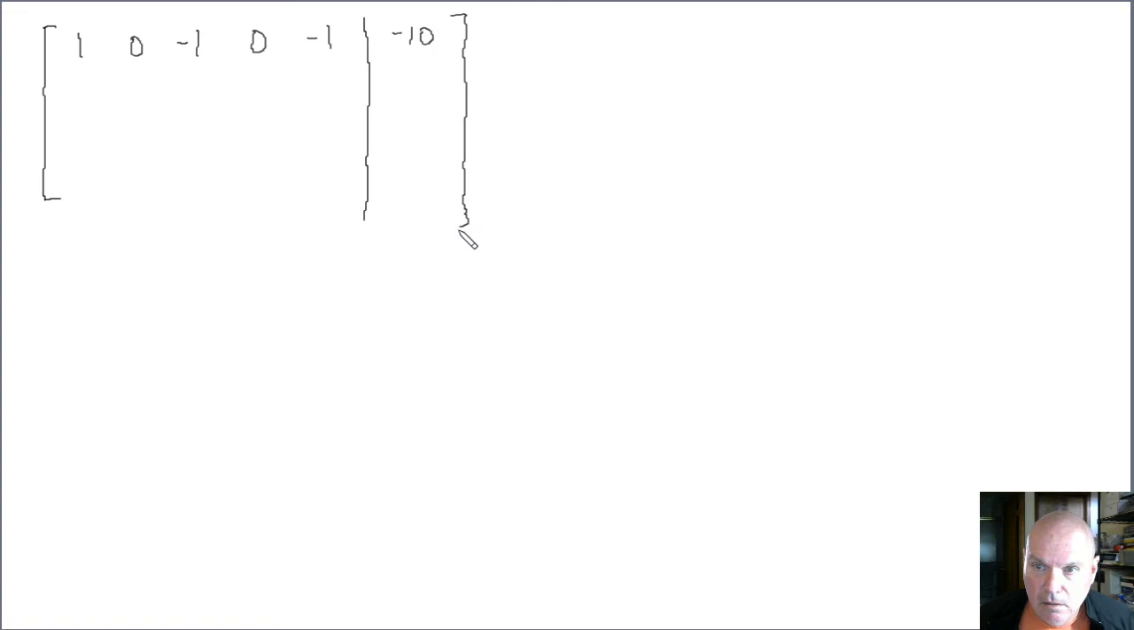So subtracting row 3 from row 1, I get 1, 0, minus 1, 0, minus 1, and then I get a minus 10 here. So I get this by subtracting the previous row 3 from the previous row 1, and then